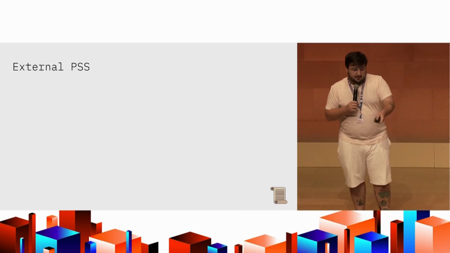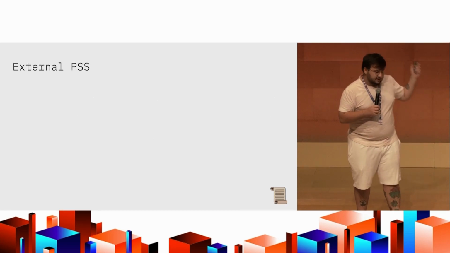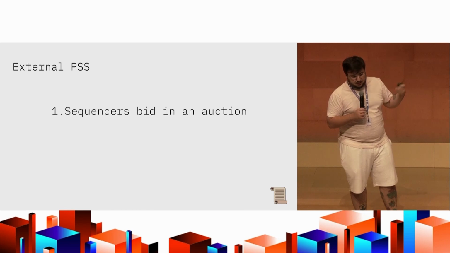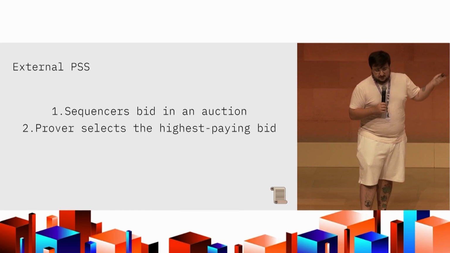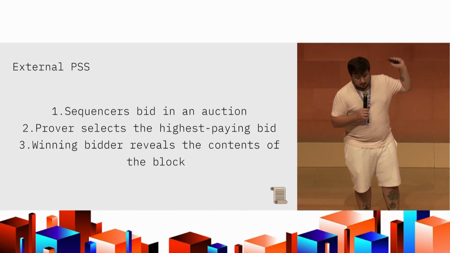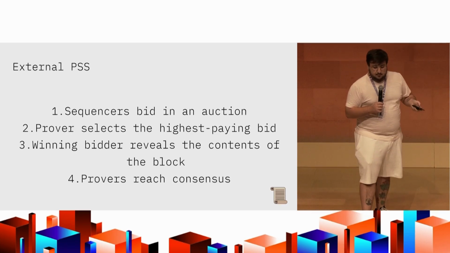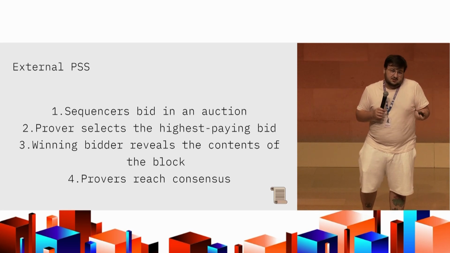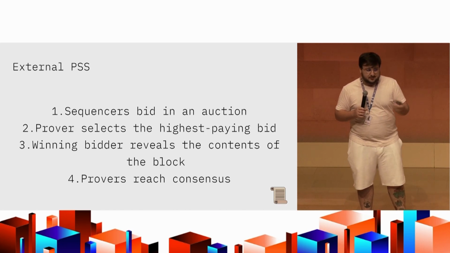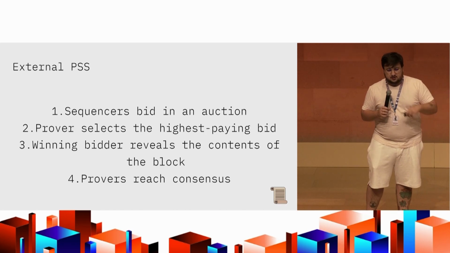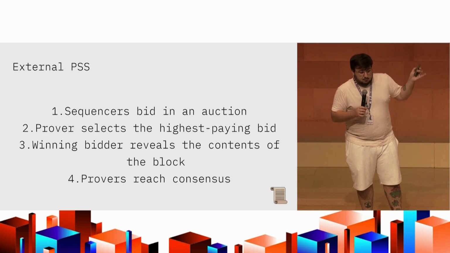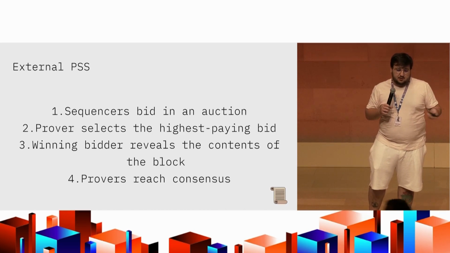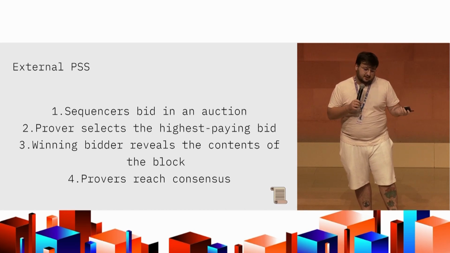And the second type of PSS is external PSS. It follows a similar pattern. Sequencers bid in an auction, provers select the highest paying bid, the winning bid is revealed, and so on. But in this case, provers reach the consensus. And with external PSS, sequencers don't actually exist in the protocol. The protocol doesn't know about them. There are some external parties that provers deal with, and they can even avoid them and build the blocks themselves,